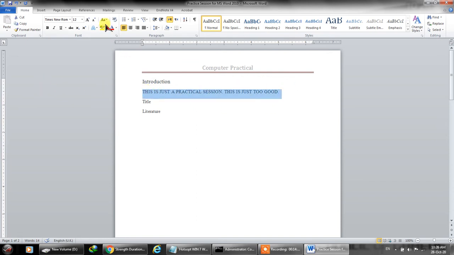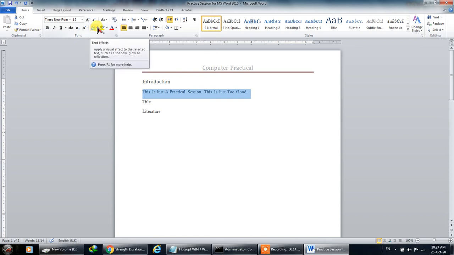If I want to toggle, for example, over here, it can be toggled, or if I want to capitalize each word, the first word is capitalized. So this is called formatting. You are formatting the document, you are formatting the page, or you are formatting the line.